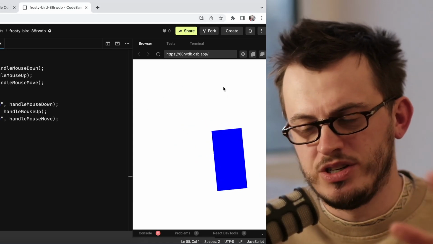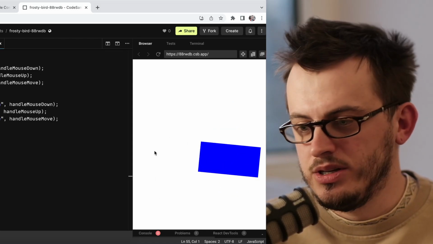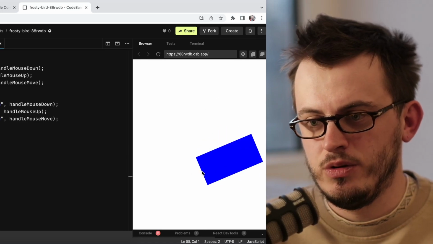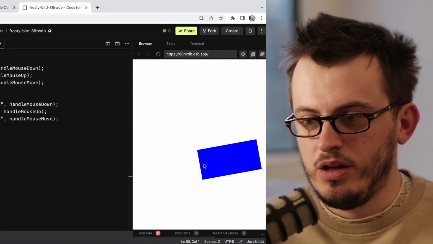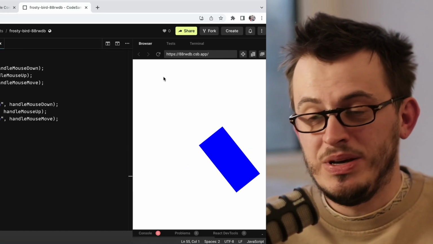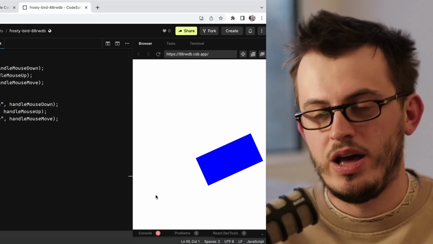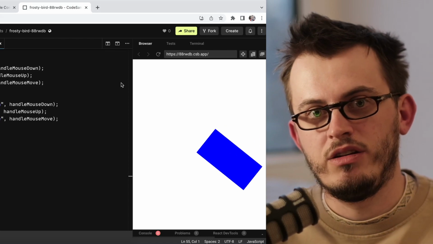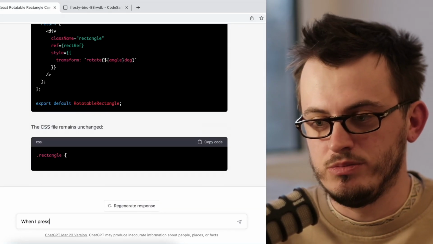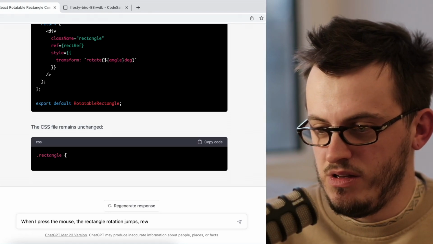rotation kind of jumps, it shifts, right? It shifts to the new position of the mouse cursor. We can do better. So let's ask GPT to rewrite the component again, but this time account for an offset. We need an offset between the current angle and the new angle, and then maintain this offset during the rotation. So we're going to ask for that. Let's see.